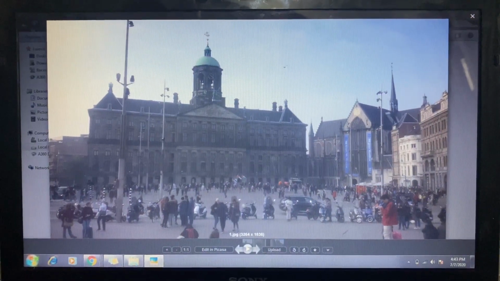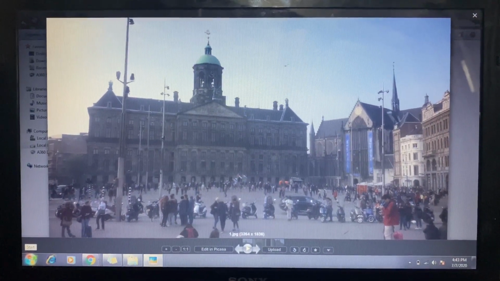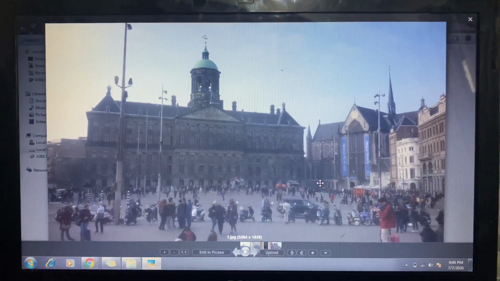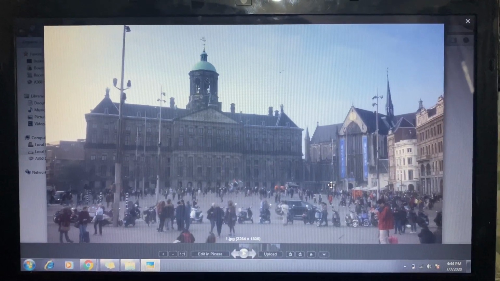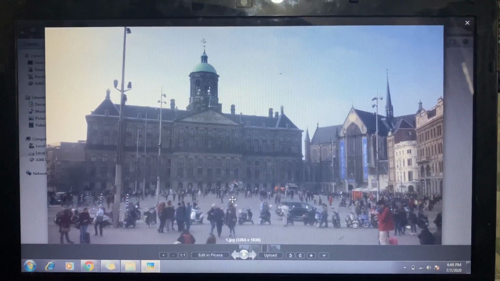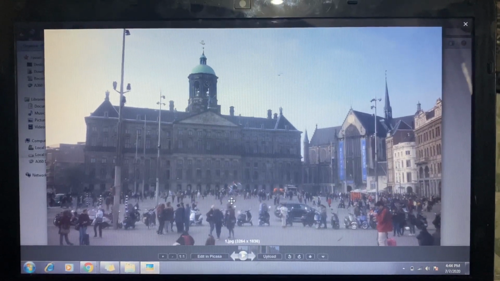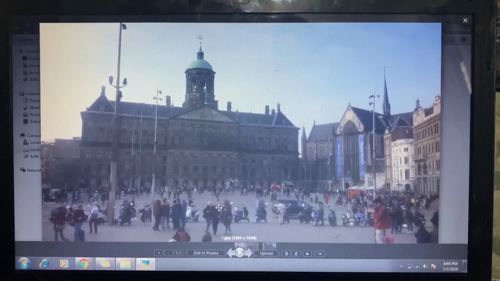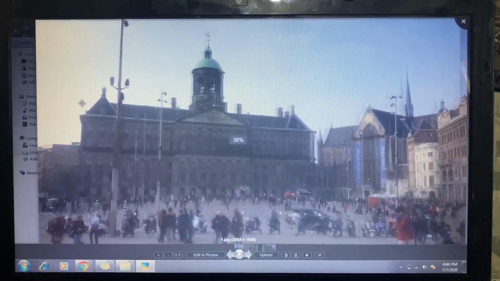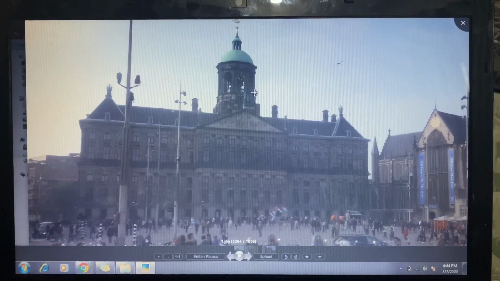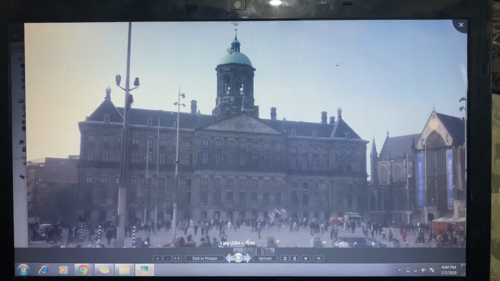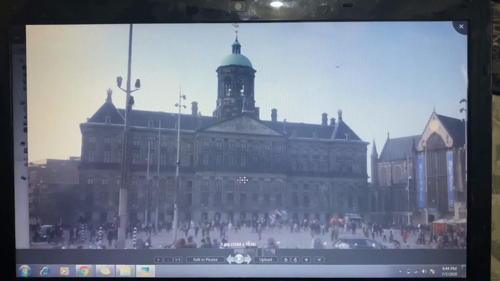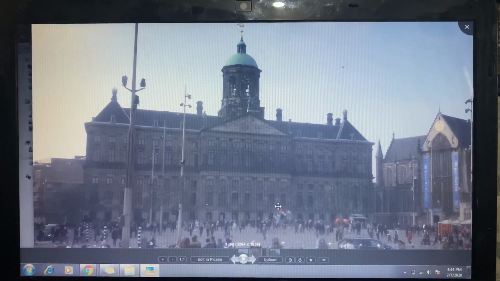This is a royal example from the architectural heritage of Netherlands. This is the town hall, and it is also called the Royal Palace. It is situated in the Dam Square, Amsterdam. Dam Square is the heart of the city, and the city Amsterdam is the capital of Netherlands. This particular building is a combination of Gothic as well as Dutch architecture. You can see these features, these conical roofs, these sculptures, this dome on the top, these roofs, these continuous windows. So this is the way how Dutch people used to design.